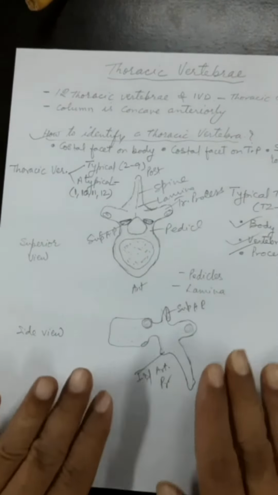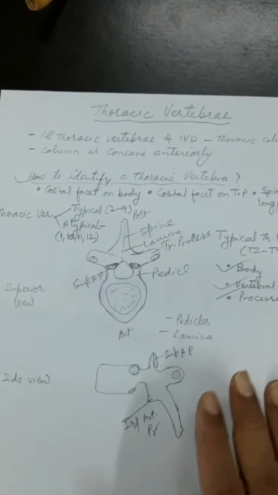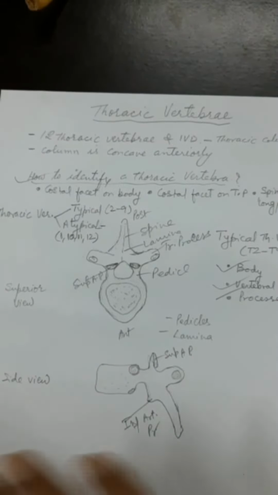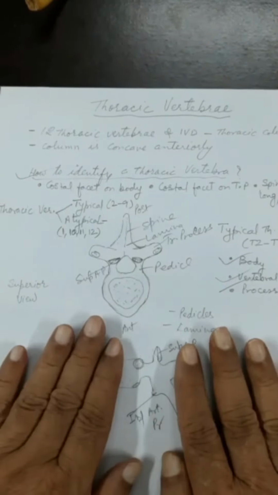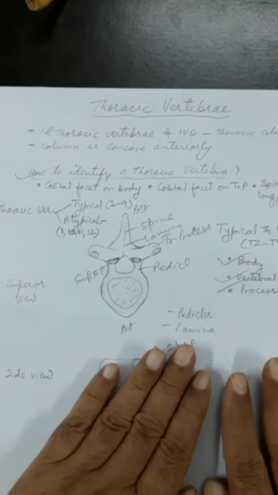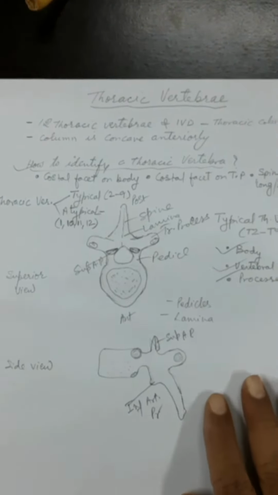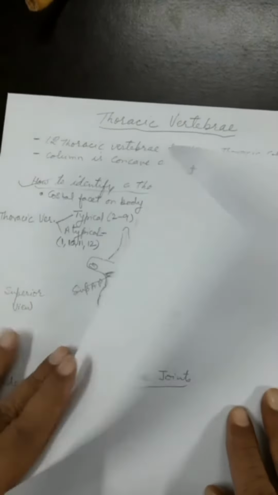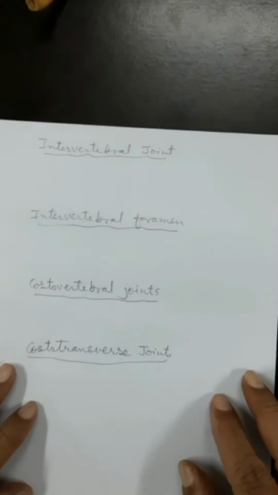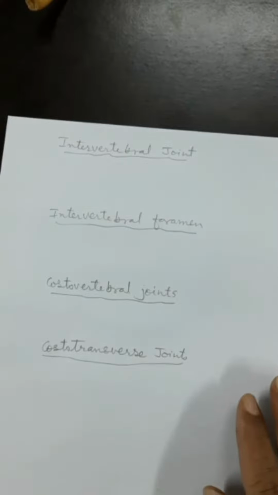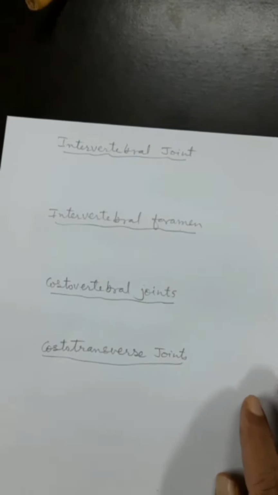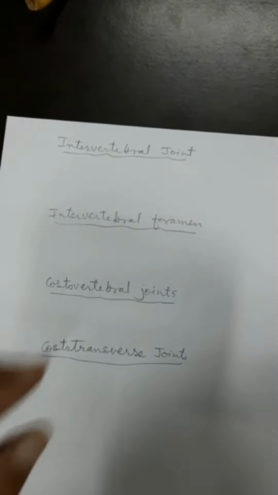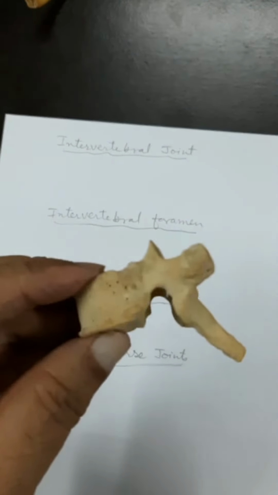Now I will come to a little more complicated aspect which is formed by the thoracic vertebrae, irrespective of typical or atypical. Okay, now we are going to that stage. Let us see how an intervertebral joint is formed between the 2 vertebrae, and for that I will first show you a diagram for the intervertebral joint. Before that I will tell you 2 more structures.